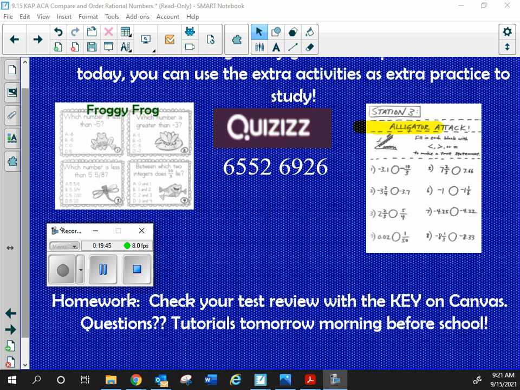Yeah, so that's going to be the stuff to study. Check keys. The keys to the activities are posted online as well as the activities. So if you don't finish it today in class, you can take it home and do it there. All right, that's what's